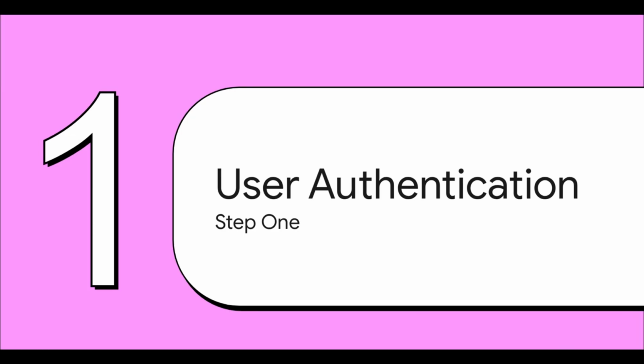Step 1. User authentication. Getting your users through the front door safely is absolutely crucial. And honestly, it takes just a few clicks in the Firebase console. You create your project, add a web app, and flip on email and password sign-in. But hey, here's a pro tip for you. Make sure you update the sender name in your email templates. When a new user signs up, you want them seeing an email from VoltFlow, not some generic alert. It instantly builds trust so they actually verify their account.